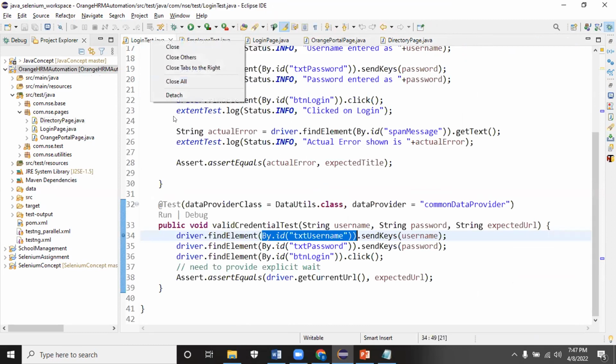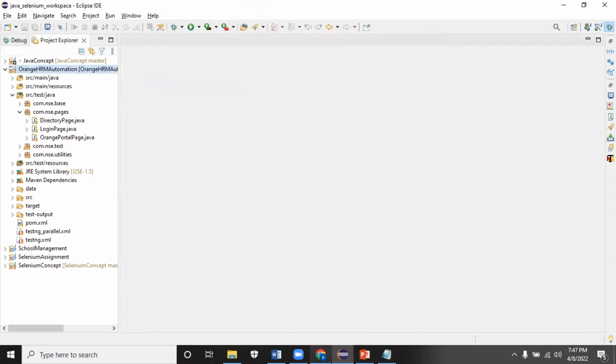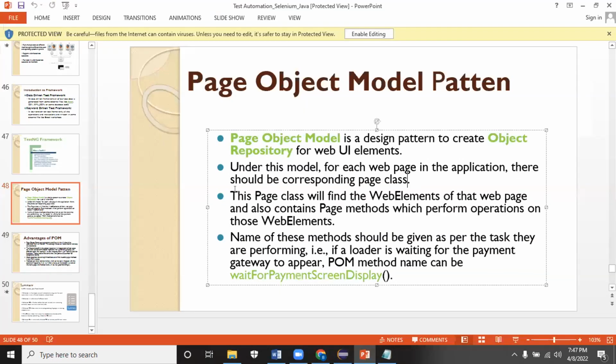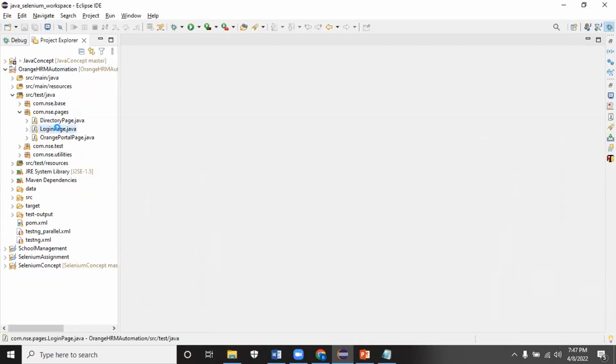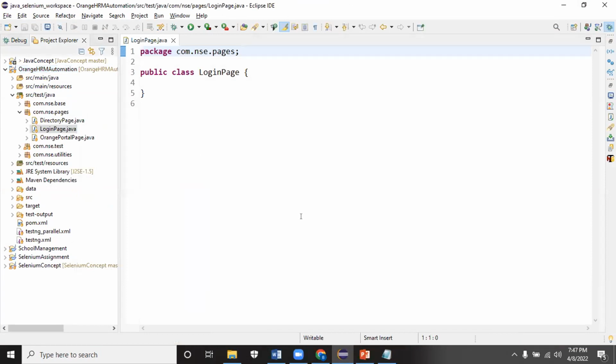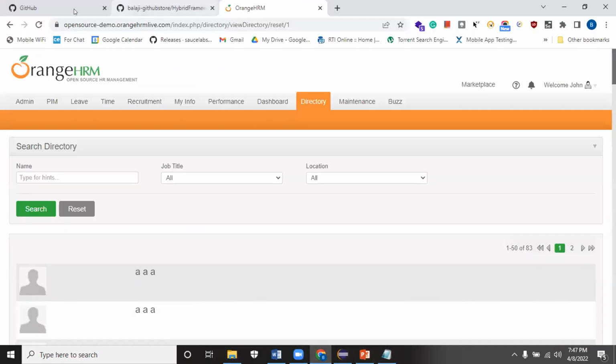Now let's go for the next point. The page class will find the web elements of the web page and also contains page methods which perform operations on those web elements. So we have to create methods inside the page class. This is all page class. We have to create the methods inside this. Now the main purpose of this method is to do operation. Operation will happen through the methods. First point would be